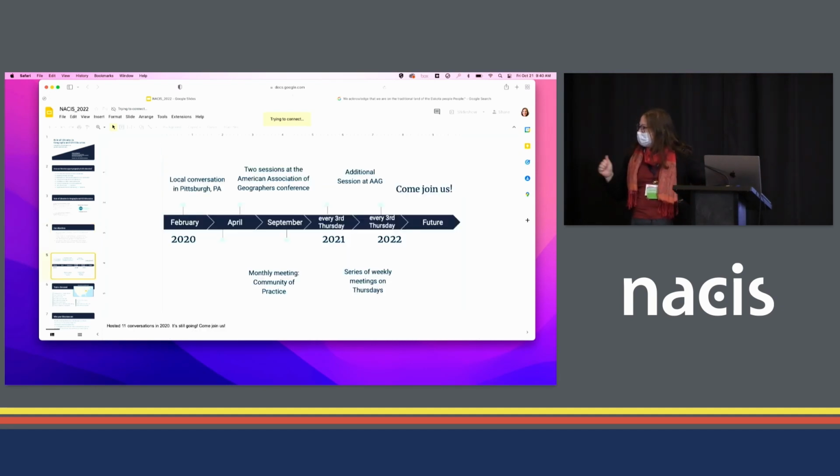We got a grant to get started in 2020. We had one in-person meeting in Pittsburgh. Quickly, we moved virtual for reasons that will remain obvious. And this allowed us actually to broaden our network. We were able to make connection with many different librarians, as I mentioned, across the United States. But it also allowed for librarians from different contexts to feel like they had time to come and speak with us.